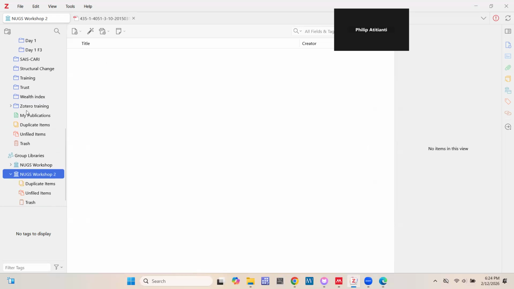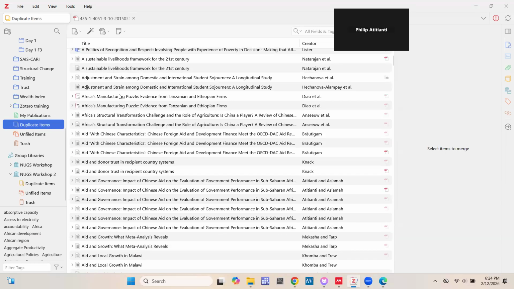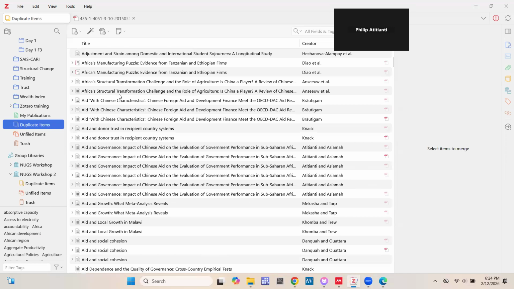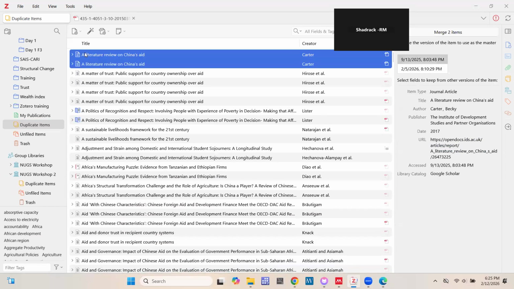So this training is basic. Duplicate items basically captures all the duplicates in your folder or whatever it is. So here, Zotero is telling me that this file, I have it twice on the computer. You understand?